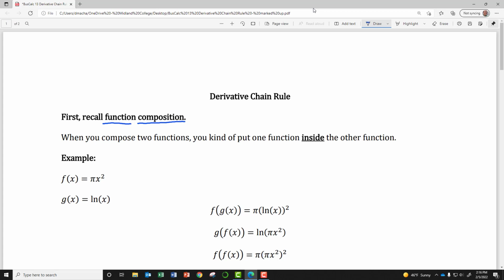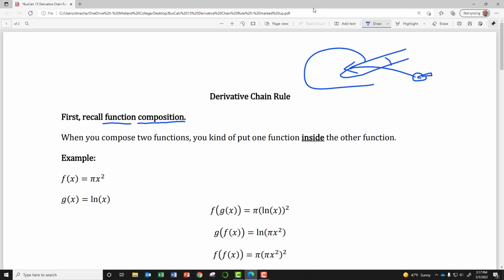And the idea of composing two functions is that you're going to put one function inside of the other function. And this brings to mind a YouTube video I watched years ago where this guy was preparing for Thanksgiving. He had a turkey, and inside of his turkey he also put a chicken. He actually put it inside the turkey before cooking the turkey in the turkey roaster. For some reason, this image always comes to mind whenever we do function composition,